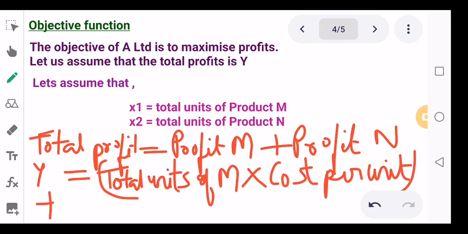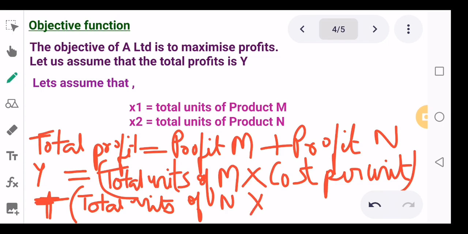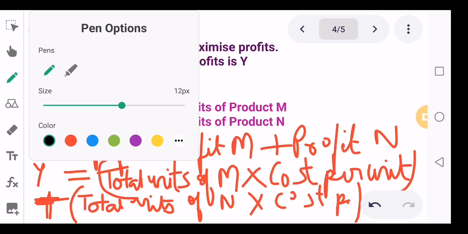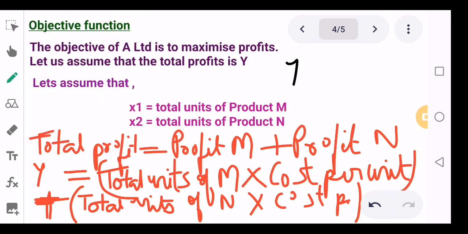Plus total profit on product n will be equal to total units of product n into cost per unit of product n. So when you substitute this, we are going to get y is equal to,